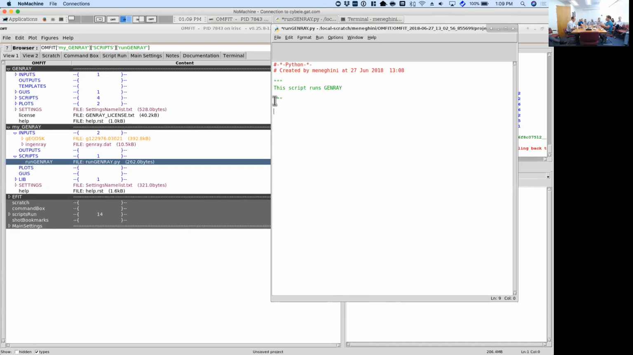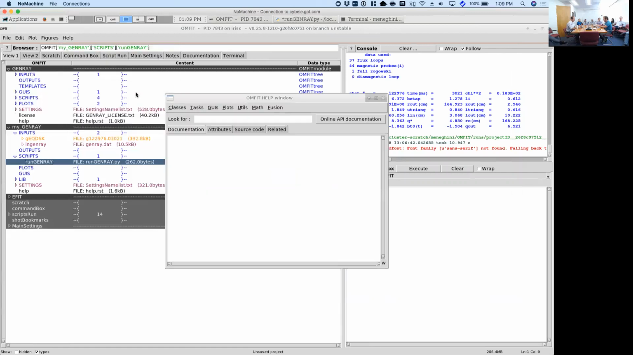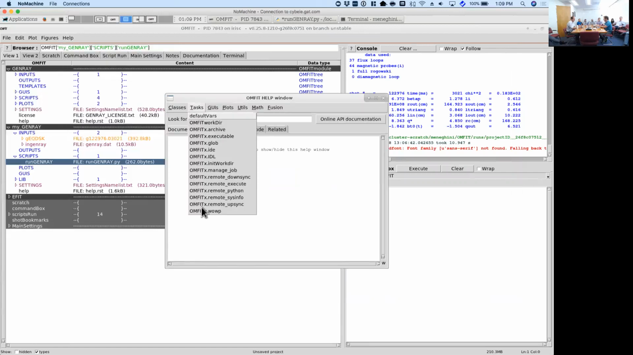OMFIT provides you classes to read and write these input files. It provides you utilities to plot and generate GUIs. It also comes with a set of functions that are designed to execute code remotely and do the things that we do. And all of these are, if you go under help, there is this help window. And if you look under task, we want to do a task. There are a whole bunch of functions